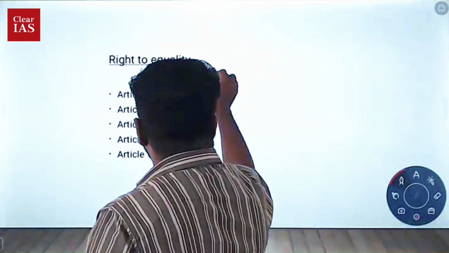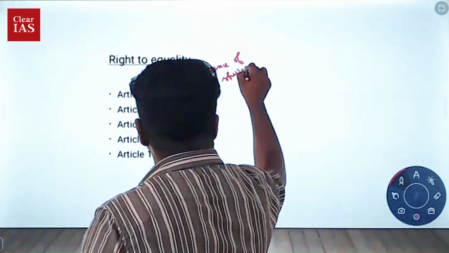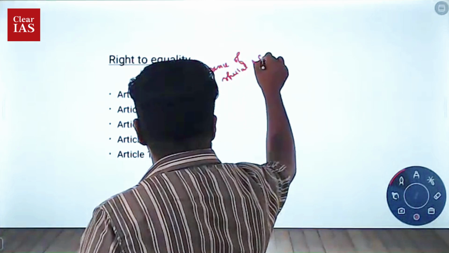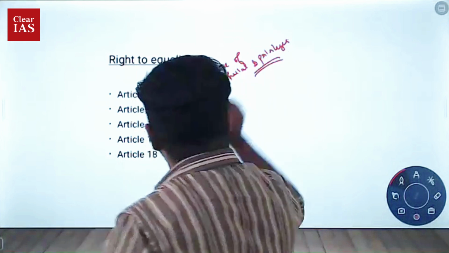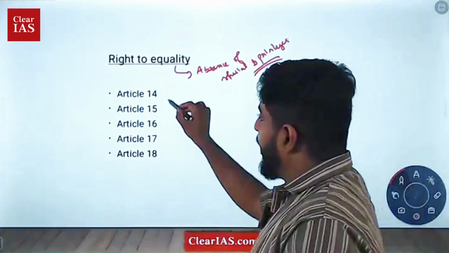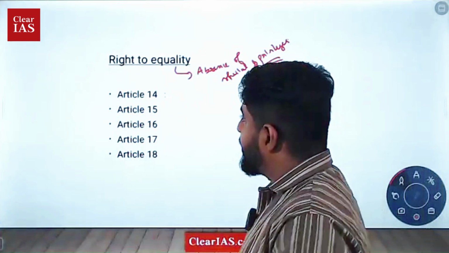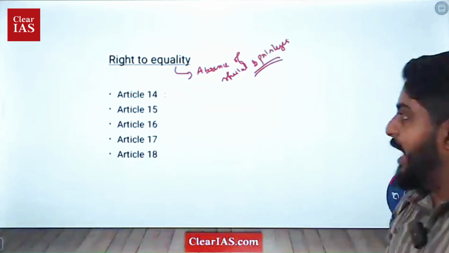Now, what do you mean by equality? Equality means absence of special privileges. Absence of special privileges. Fine. Now, article number 14. Article number 14 says that the state shall not discriminate